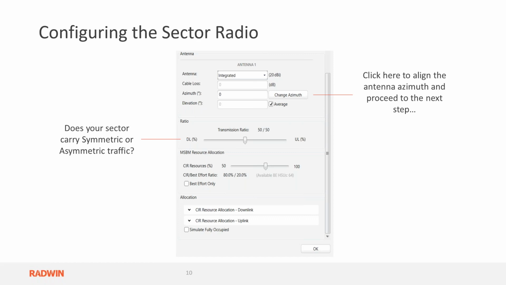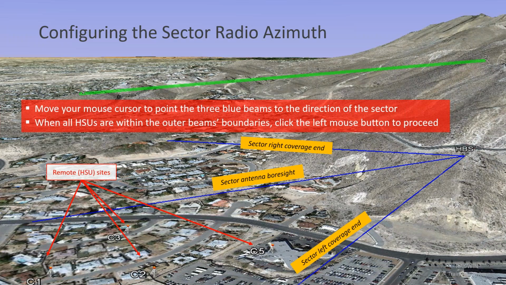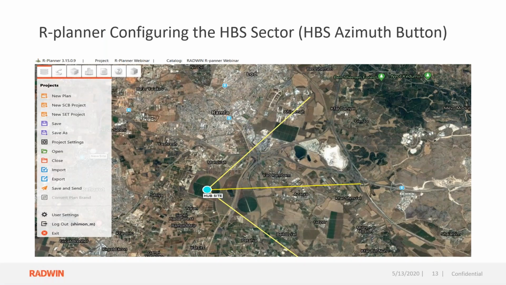And then you can see the two pies where you allocated the CIR and what is the utility of the sector on the uplink and the downlink. If we are using only best effort customers, which are equal share, then we have a button to use only best effort customers. We put the azimuth,